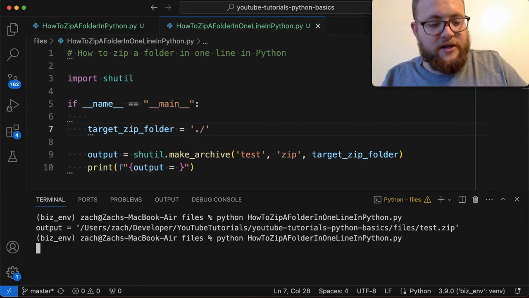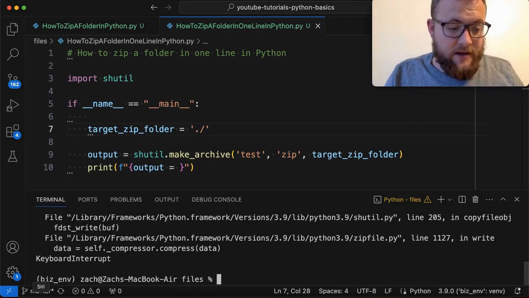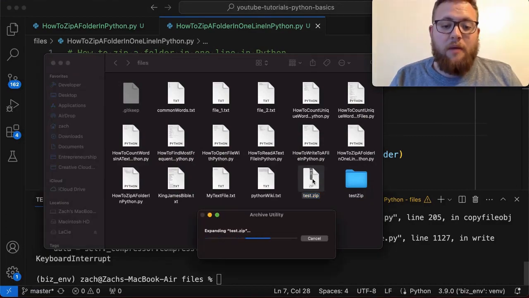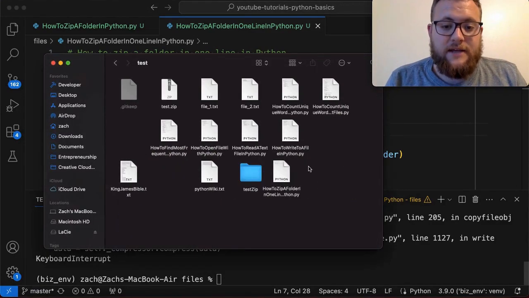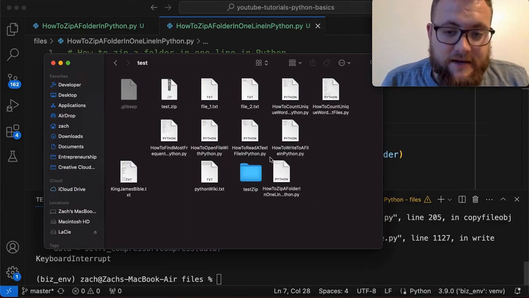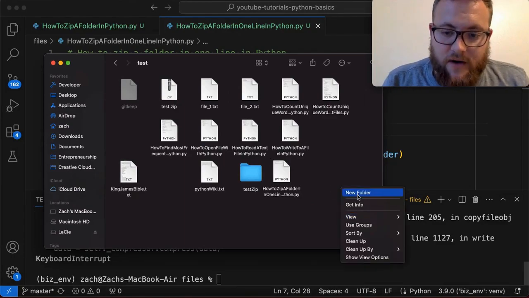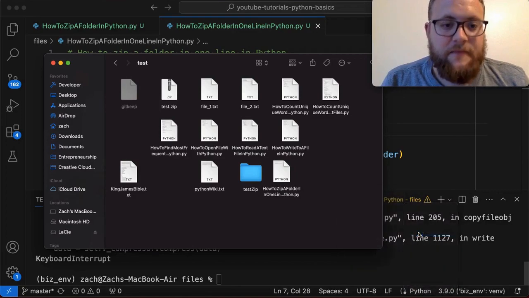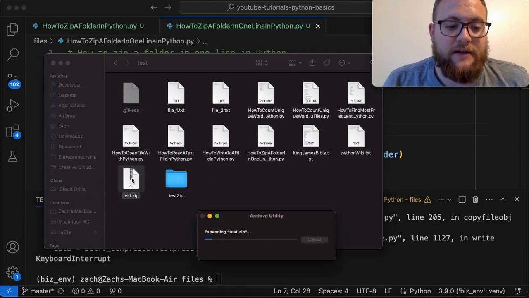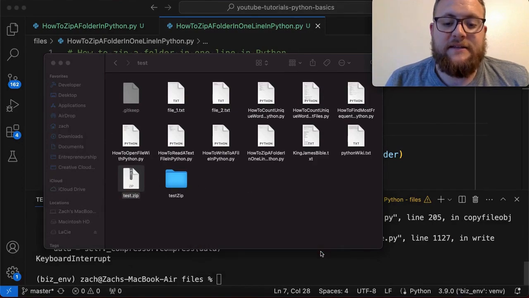And if I go ahead and hit Control-C, it'll kill it and stop the process. And we go in here and we see there's a test.zip. But the problem is it didn't zip everything. And in this case, the reason that it didn't, if I sort by name, what you'll see here is as it's doing this, there's this test zip right here. And what's happening, I believe, if I remember right, if I try and extract this,